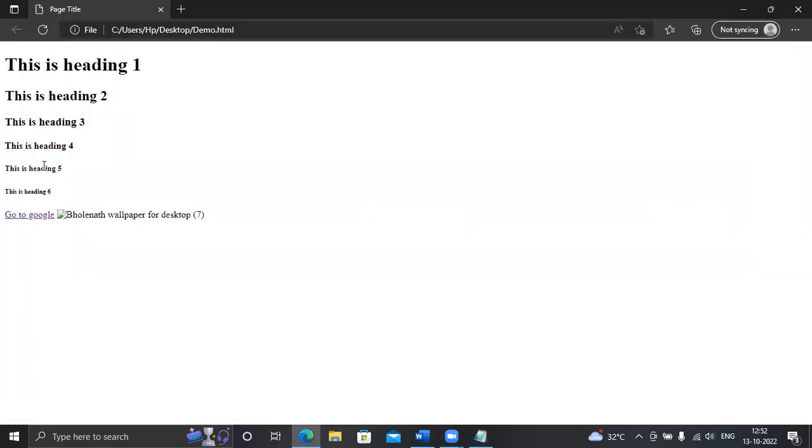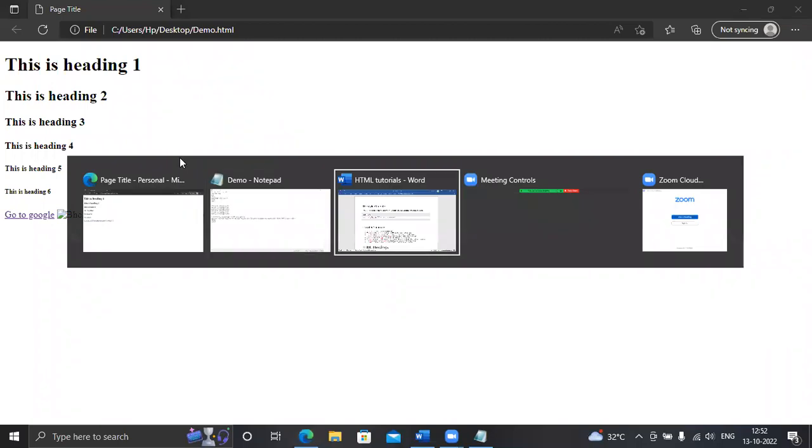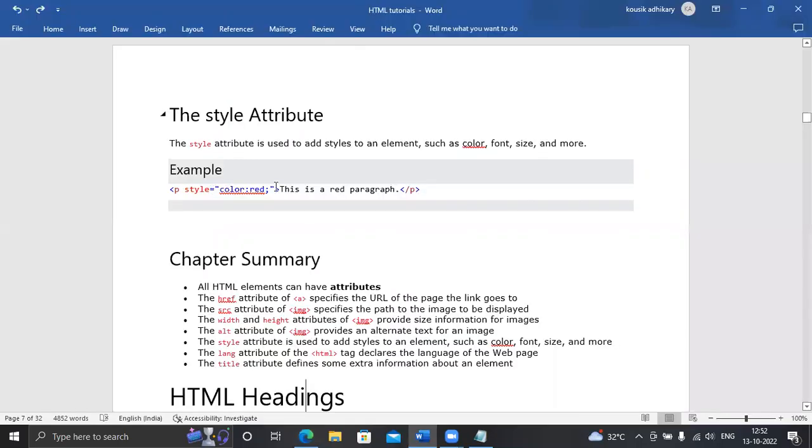Suppose if you want to color all the headings as per your requirement, you can use style equals to color red or anything else.